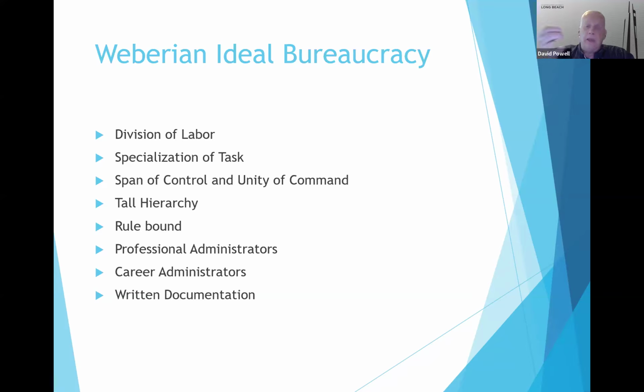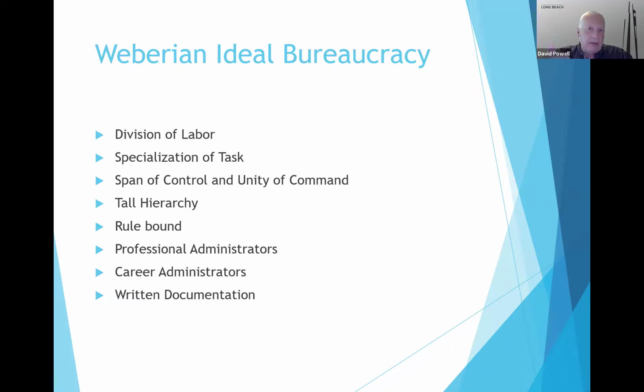In this tall hierarchy, you have a span of control. Every manager in the organization will be responsible for a limited number of people or a limited number of units below them. So if you are a middle level manager, you are not accountable for every single individual below you in the organization chart. Instead, you will have maybe 5 or 7 or 10 employees you're responsible for. You may have one unit that you're running or a couple units you're running. That is what's known as a limited span of control.